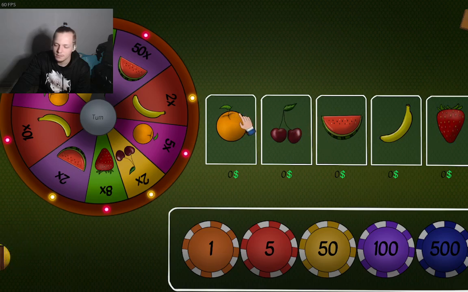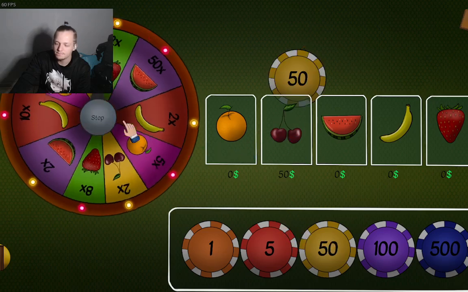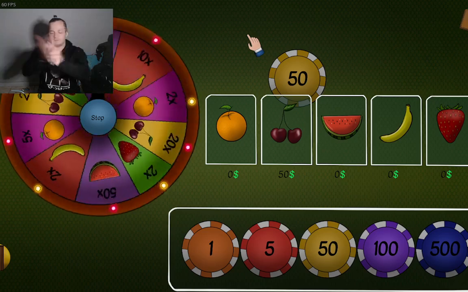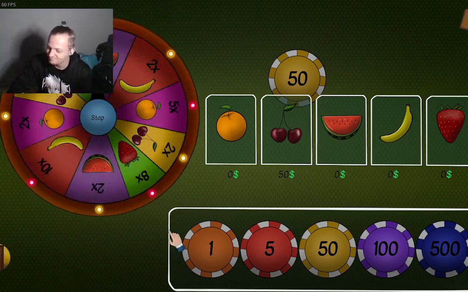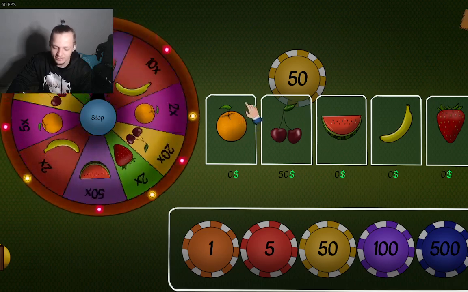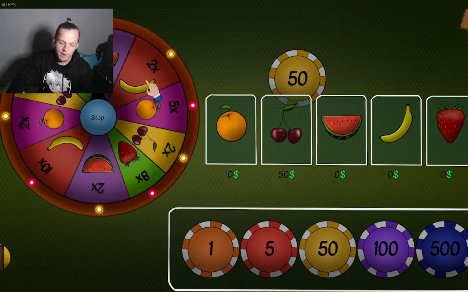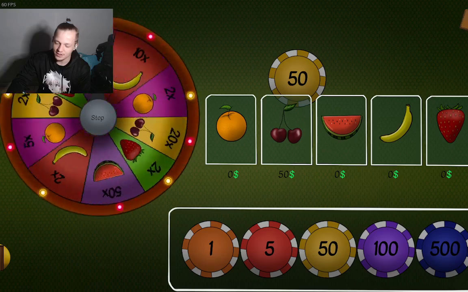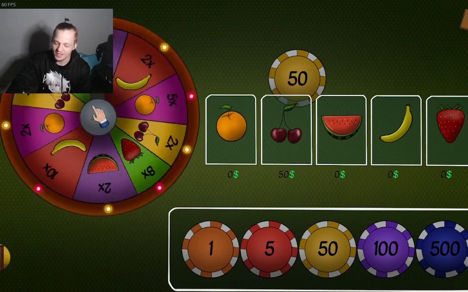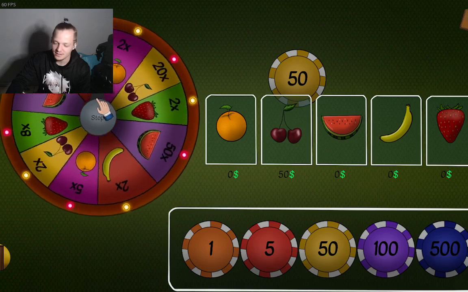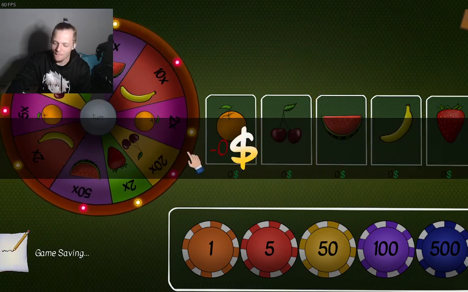Okay. I say cherry this time. Cherry this time. We're gambling. Oh Lord. Come on, man. We hit one. We like our luck here, right? Times 20. Oh no.